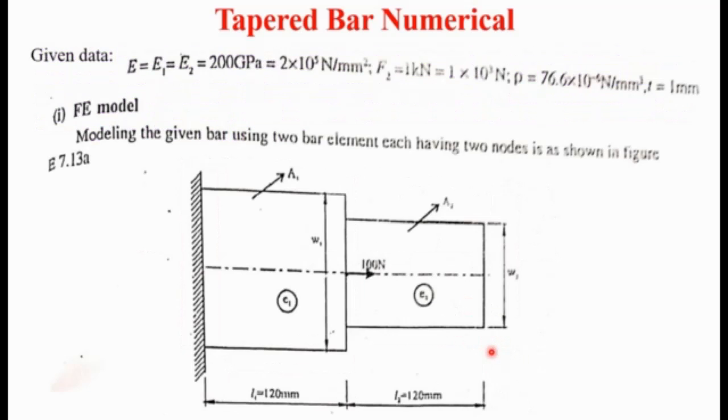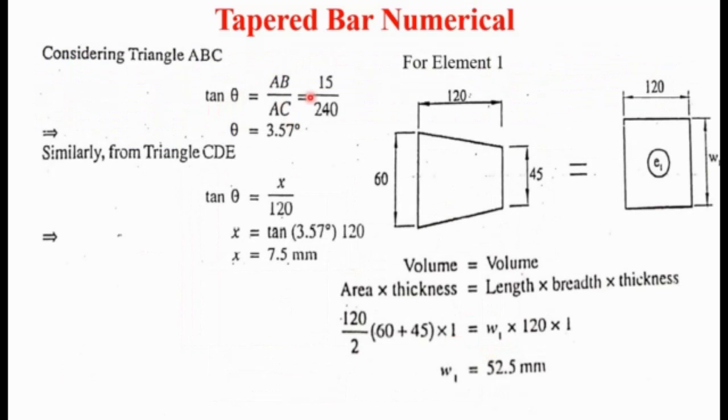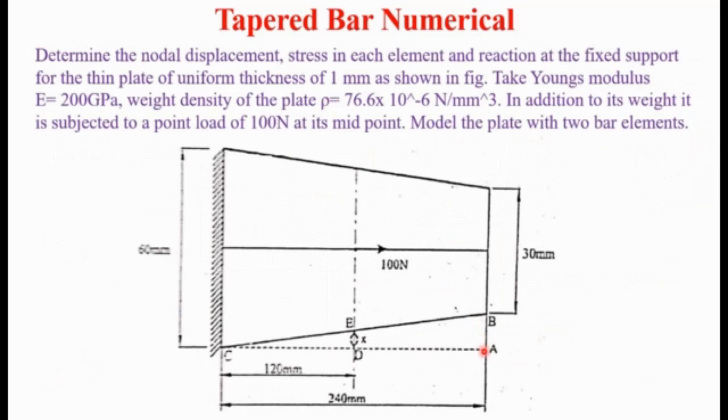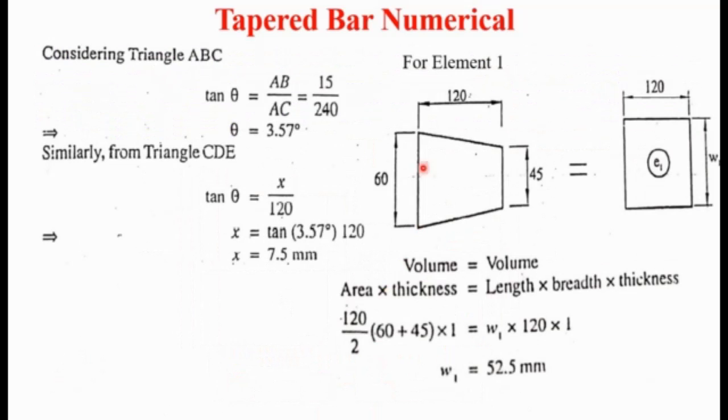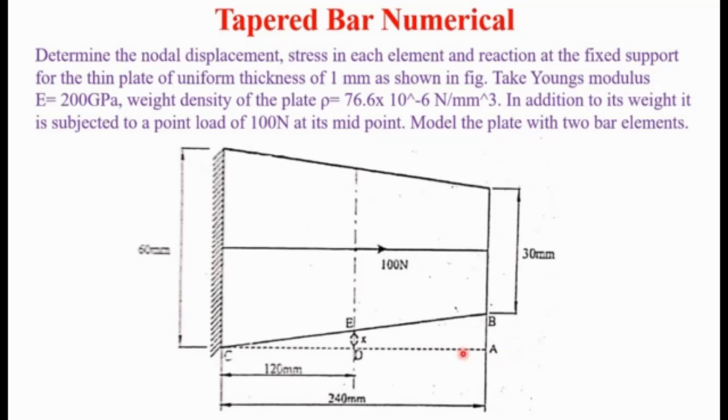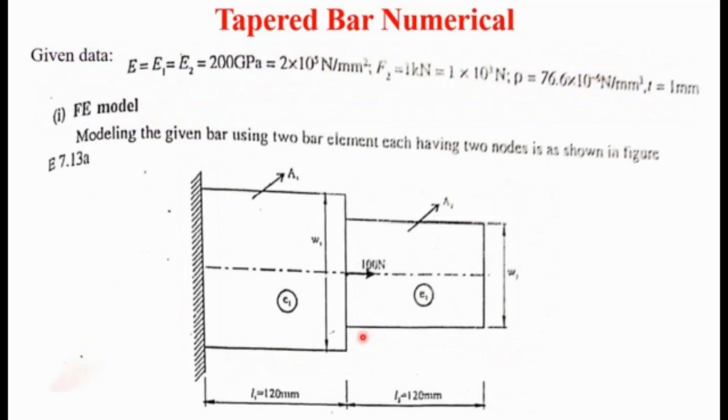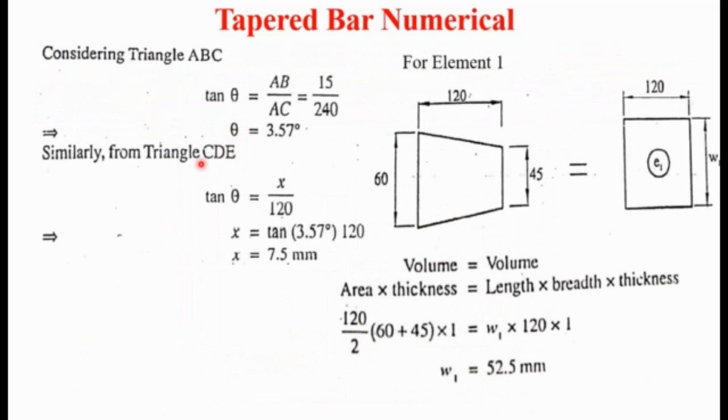Therefore in this equation, tan of theta is equal to AB divided by AC, that is 15 divided by AC, which means the total length of the bar, that is 240 mm. So 15 divided by 240, therefore theta is equal to 3.57 degrees. Similarly for the second element, the triangle CDE,